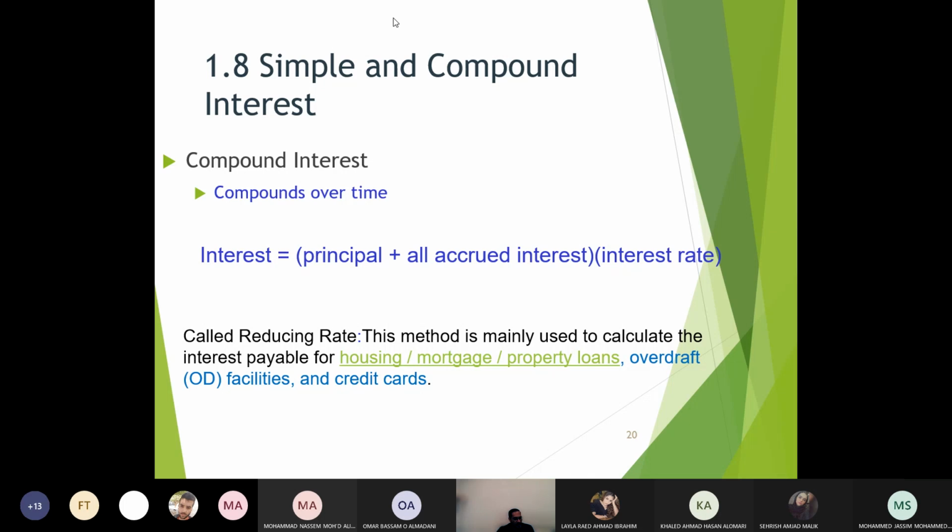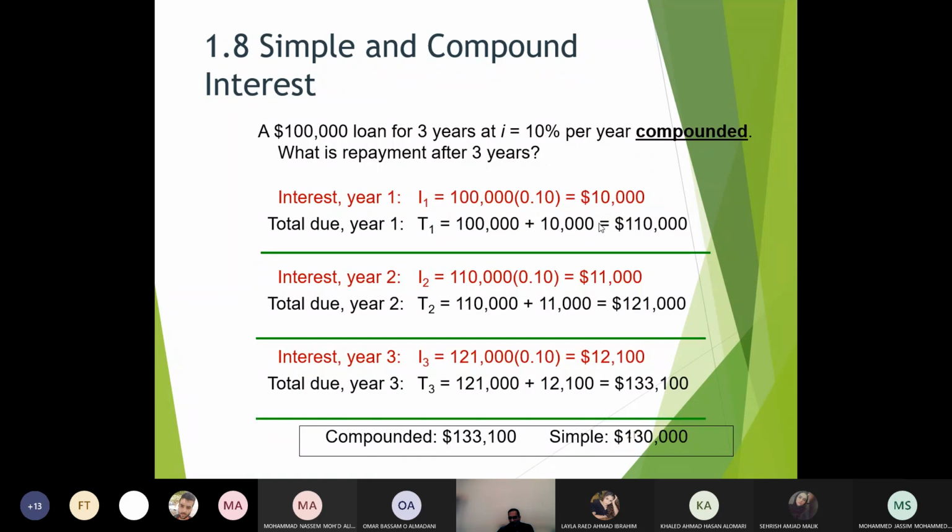So again, credit cards, corporate loans, corporate investments, all of them are representing compound. So what is actually happening? We said that a compound is building on top of what you are actually